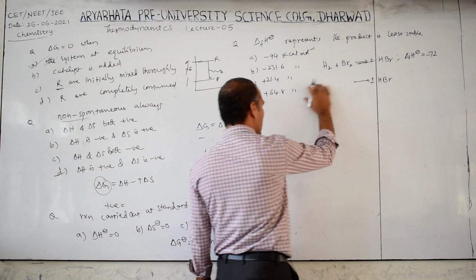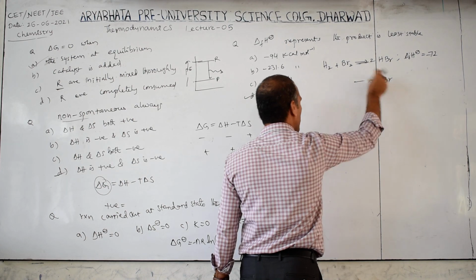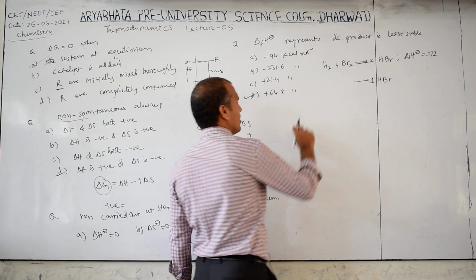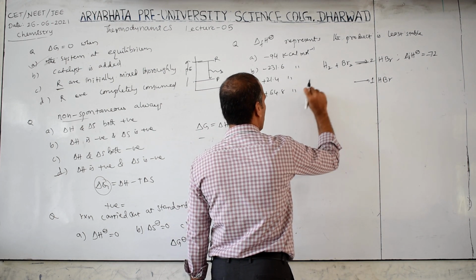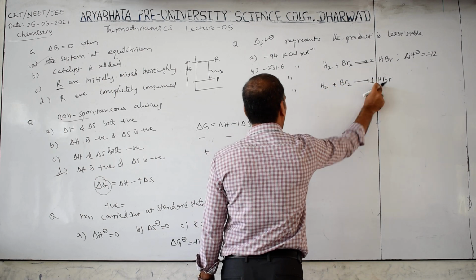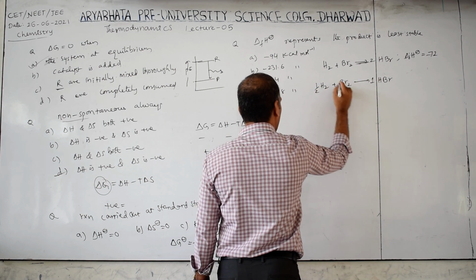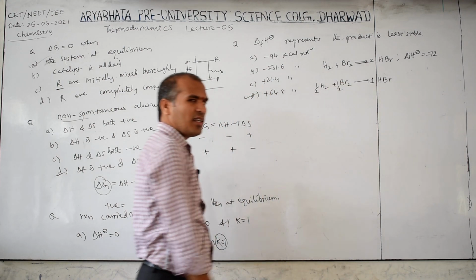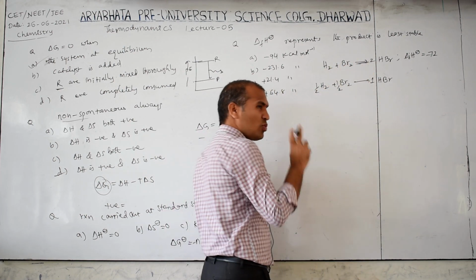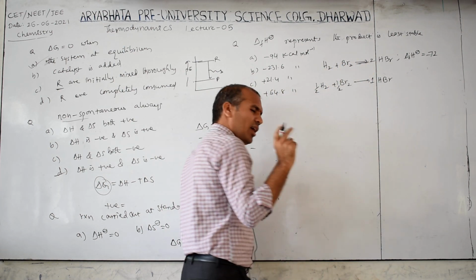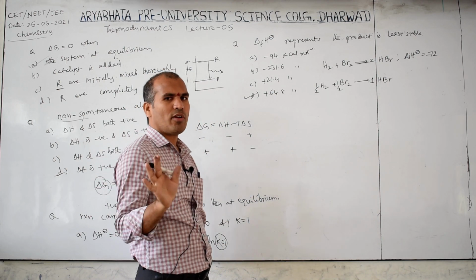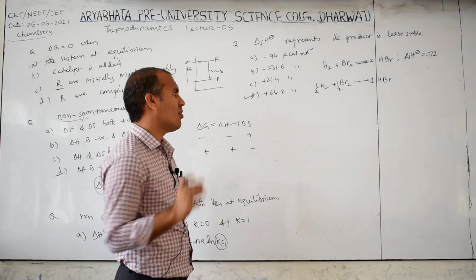Reactant side, whatever the number of moles, but its constituent elemental form is required. It means the standard state of aggregation is required, the most stable form of the element is required. H2 plus Br2: here 1 H is there, therefore half; 1 Br is there, therefore half. This is considered enthalpy of formation. But the earlier one is not enthalpy of formation, as it is 2 moles. Here how many moles? 1 mole. Enthalpy of formation means always keep in mind product side 1 mole required, reactant side whatever the number of moles, but the standard elemental form is required.